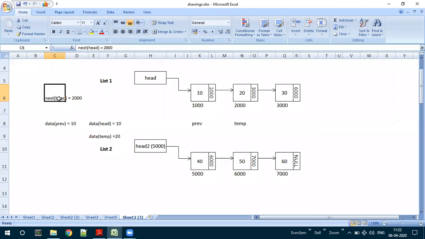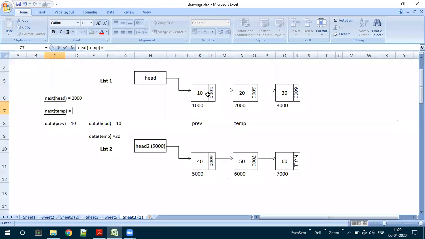Head is a pointer which is pointing to 1000. Next of head means the link field or the next field of the node being pointed by the head, which has 2000. So next of head is 2000. In the same way, if I write next of temp, what will be the value of next of temp?